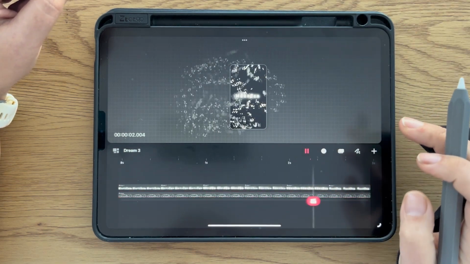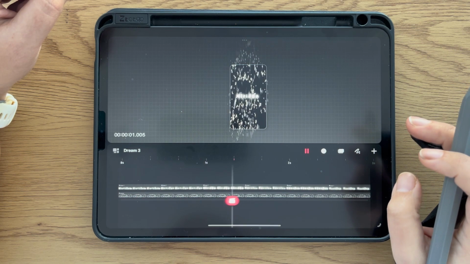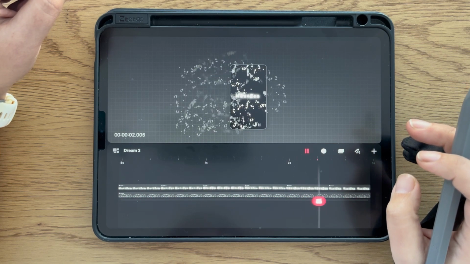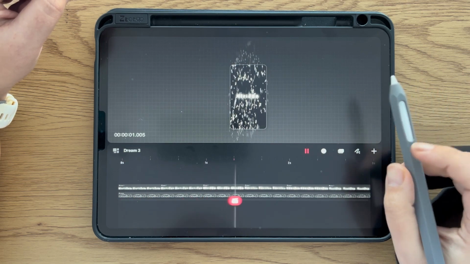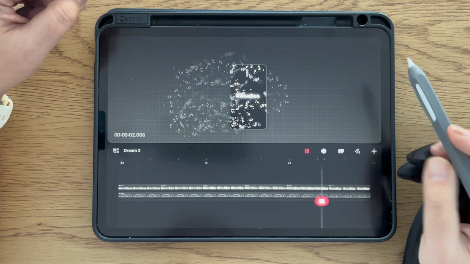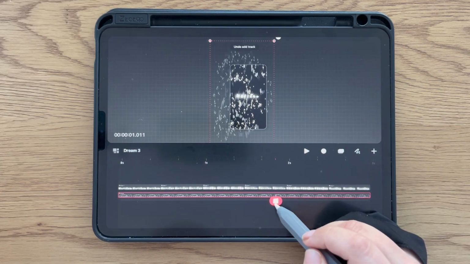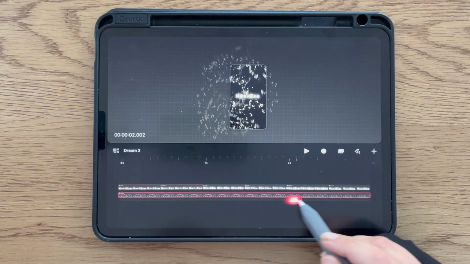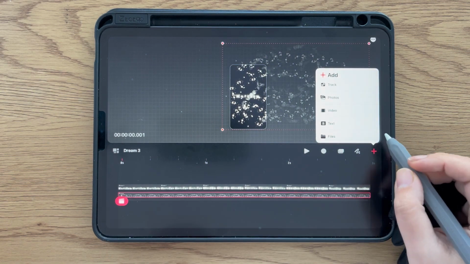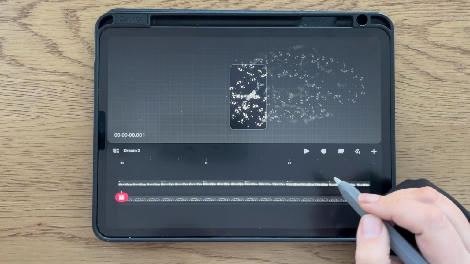Pinch to see what happens here. It's like it stretches and comes back. It's not that I like it too much. I prefer the other random things, but it's fine. Okay, I don't like it that much, but to make it more interesting, I'm going to add a new track,